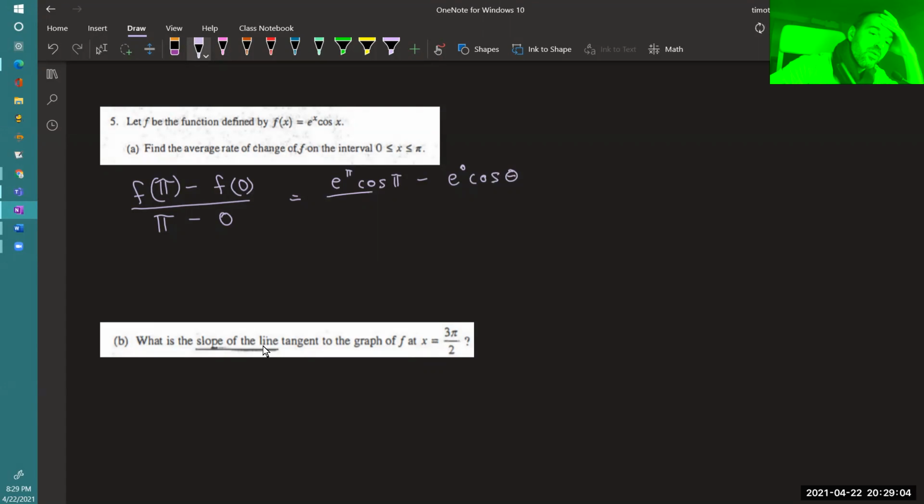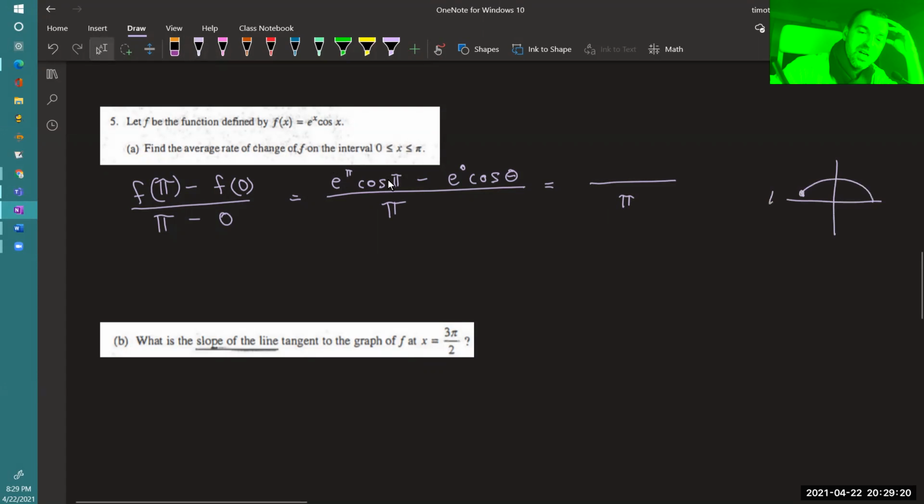All right. All of that over, what are we given? A pi here. So I'm going to leave my pi on the bottom. E to the pi, well, that's pretty okay, but let's see what's cosine of pi. We got to remember, so here's pi again. Cosine of pi has an x coordinate of -1. So remember, cosine asks us to get the x coordinate of the angle. So that's going to be a -1 there. It's a negative e to the pi